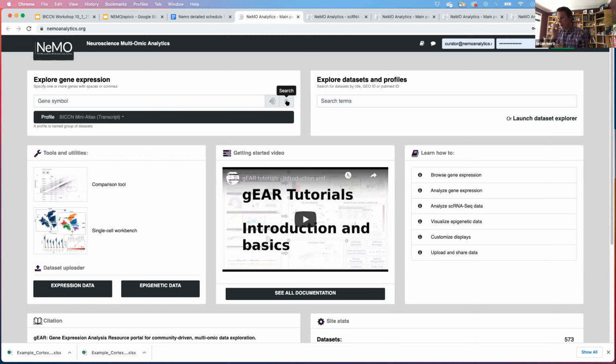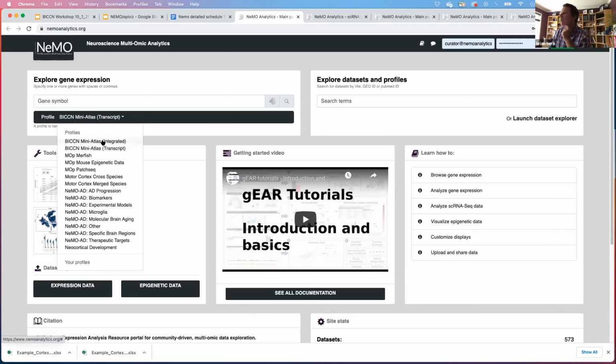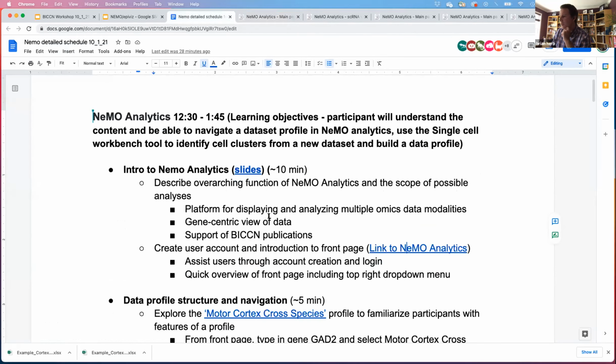One new feature that will be coming up probably over the next month is the ability to hold and search upon multiple genes. So some of that functionality is already established. You're going to see a lot more multi-gene functionality in the future. Right below this, we have the different profiles. I think we're going to be going over the motor cortex.